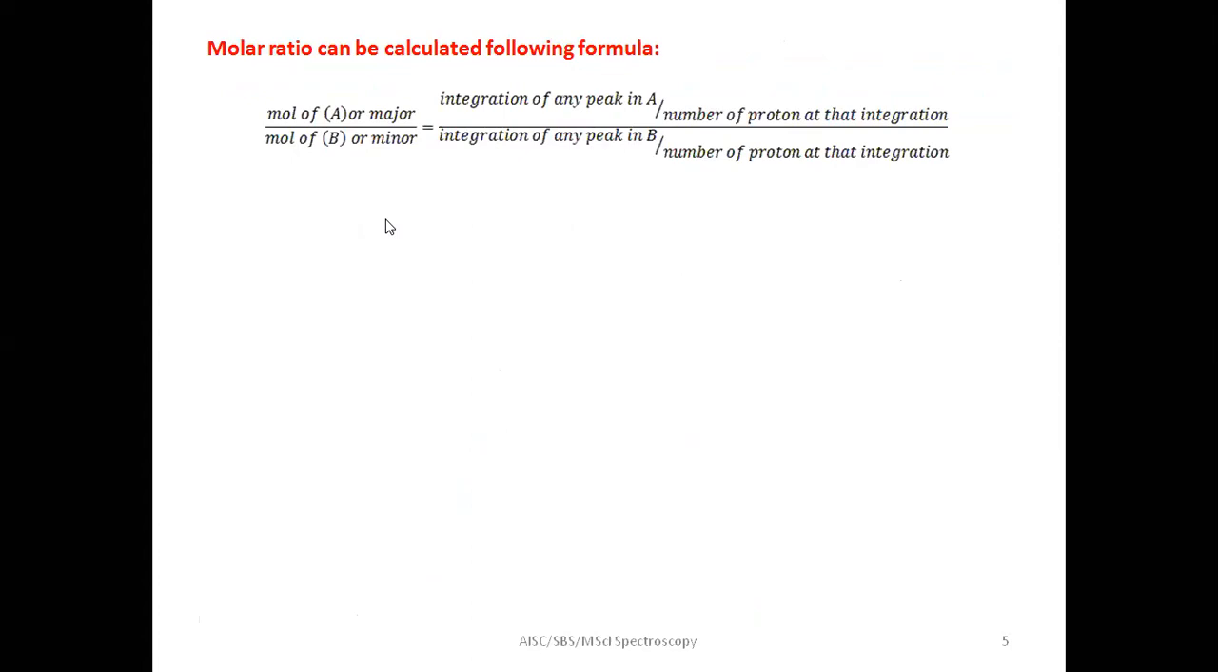So integration of any peak in A divided by number of protons at that integration. So for the peak you have chosen, take the number of protons for that integration. That is a condition. Integration of any peak in B divided by number of protons in that integration. Okay. So here